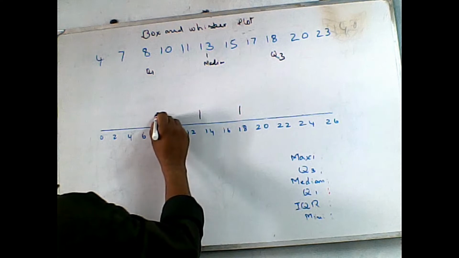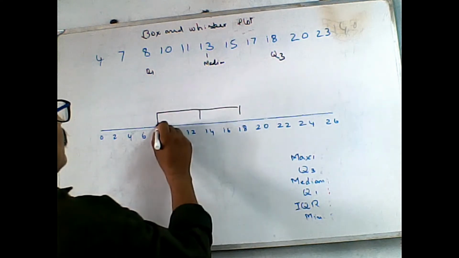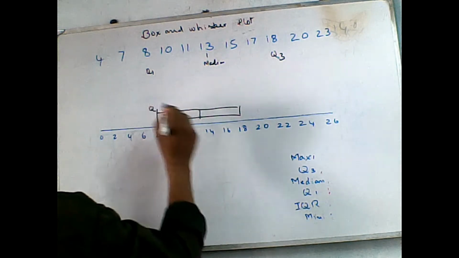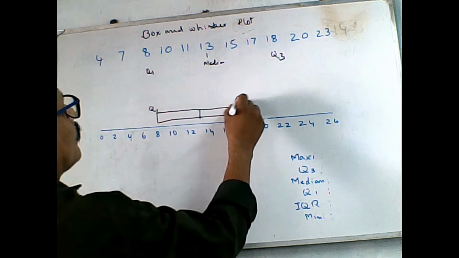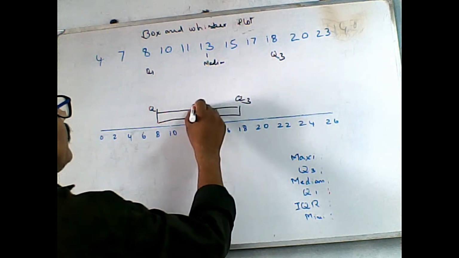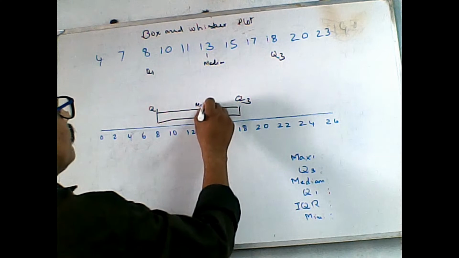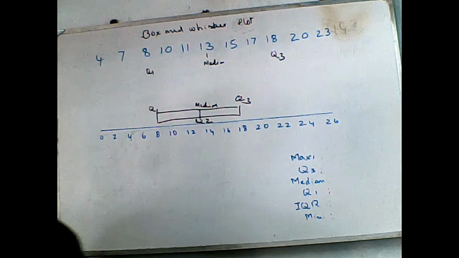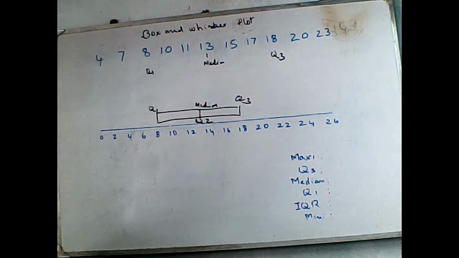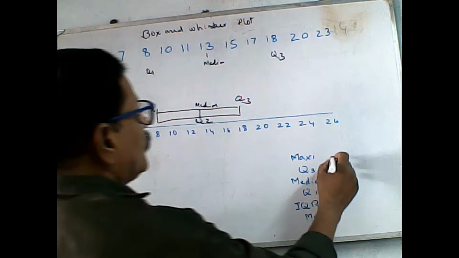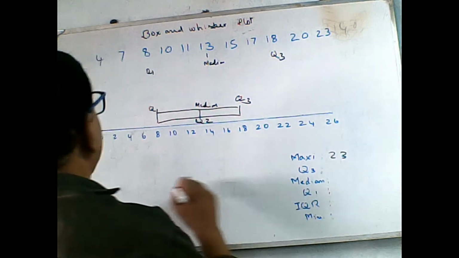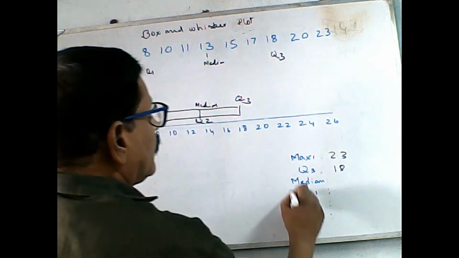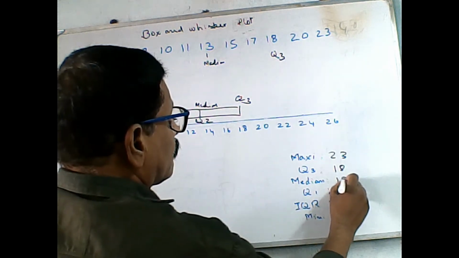In the box you see, write down: this one Q1, first quartile, quartile 3, this one median, Q2. This one you see, the maximum number is 23. Quartile 3 you see 18. Median 13. Q1